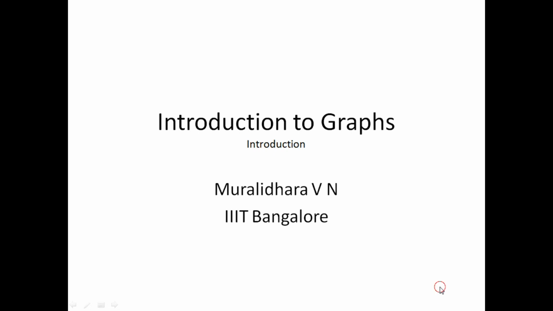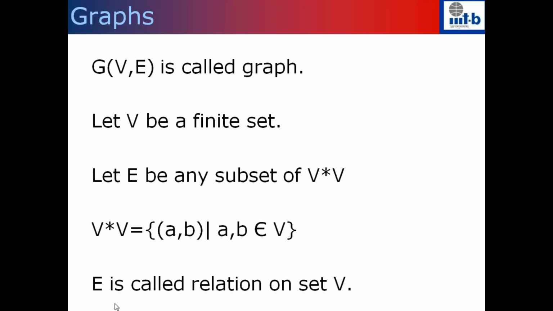Let's get started with the definition of what is a graph and what are the different types of graphs that we have. So let's first define what are graphs. We will look at the mathematical definition of graphs, and we'll also see what are the different types of graphs that we have. A graph will have a set V and another set which is called E. This set V along with the set E is called a graph.